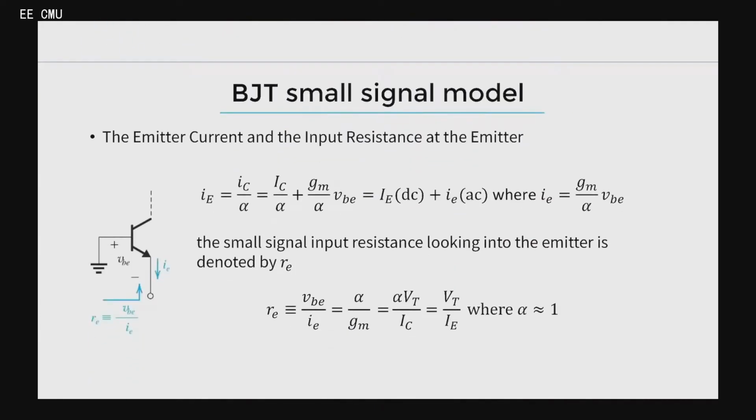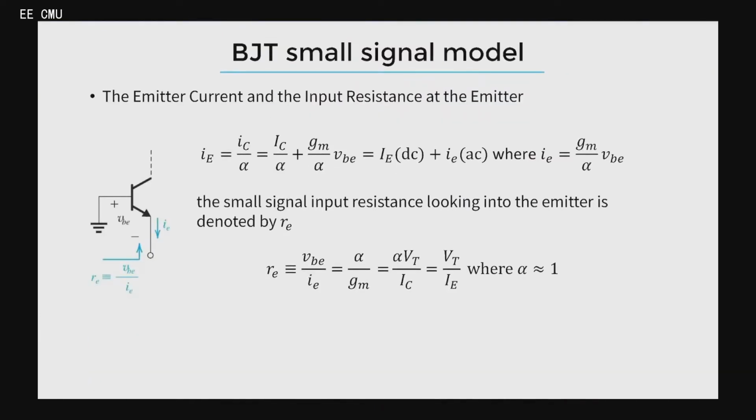After that, it's not over yet. Let's look at the emitter current. The emitter is related to IC like this, right? And if you rearrange the form, you will see that it's a DC, an operating point, and the other is the changing current of IE, another type. And from this definition, it's the same as well. The voltage drop here is equal to VBE, right? We say that if we connect the base pin to ground, looking into this point, the resistance will be equal to the definition, VBE divided by IE. So it comes out with these variables. What you need to remember is this part and this part. So go ahead and take a look. It's not difficult to see where these equations come from.